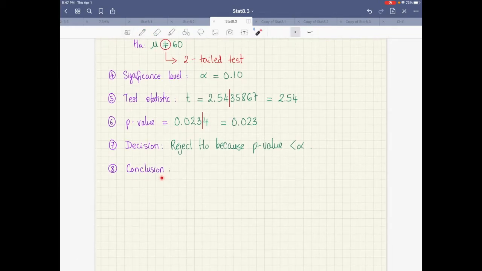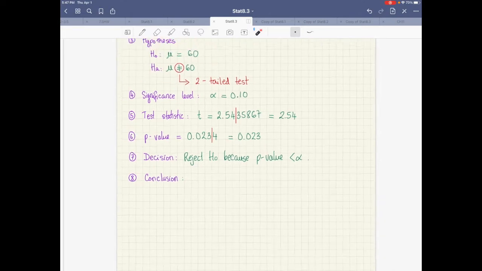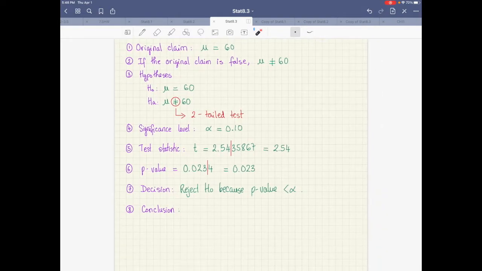For the conclusion, if you still need help, please visit the chart in section 8.1 to help you with that. From here, I have 2 different statements. H0 says that mu equals 60 seconds. HA says that mu is not equal to 60 seconds. And in my decision, I reject my H0. So when I reject my H0, that means I don't think that mu is equal to 60 seconds. That means I think that mu is not equal to 60 seconds.